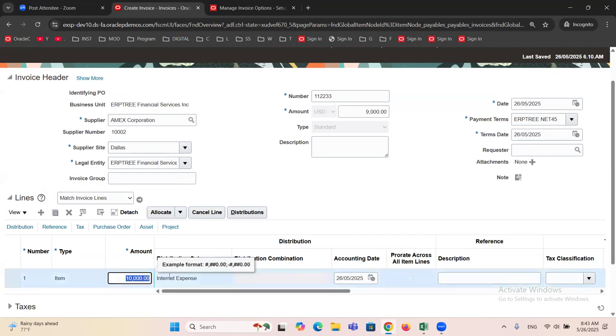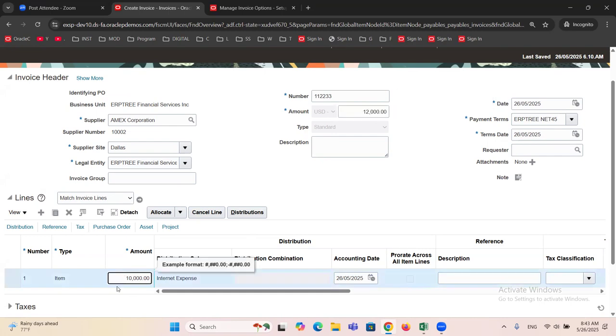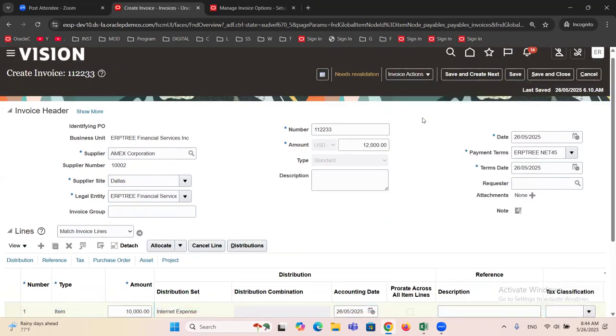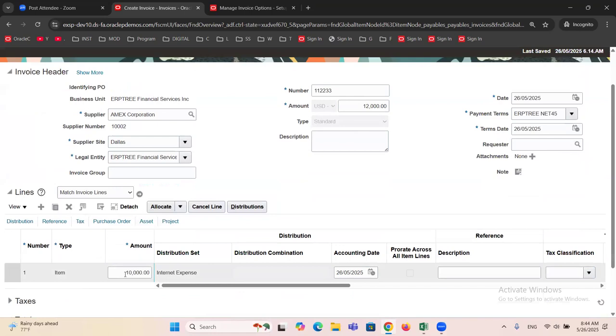Your PO amount may be 10,000 and your header amount may be 12,000. That means as per the invoice you got an invoice amount of 12,000, but as per the PO you have to pay only 10,000. Now when you submit the invoice for validation, it will throw an error message. Then you can verify that this 10,000 is coming from the PO. When you create an invoice by matching with the PO lines, the system will copy from the PO only. We don't need to enter it. So that is a control, right? It will copy. So at header level it is 12,000,